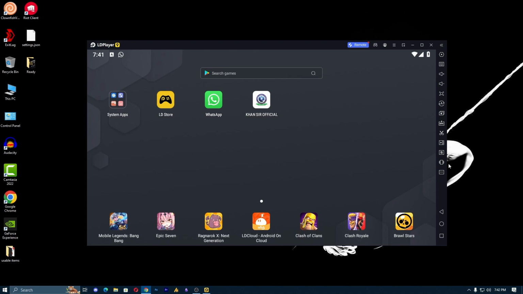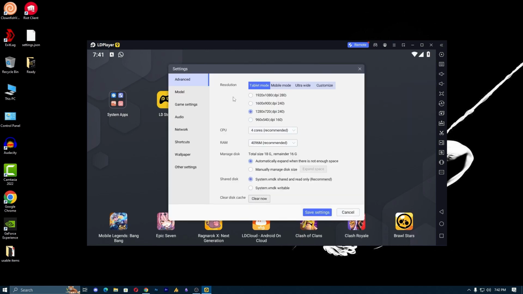So number one, allocate sufficient resources. Ensure that your emulator has enough resources allocated to it. This includes CPU cores, RAM and GPU resources. For that, just click here on the settings. If you are using any other emulator, the options still remain the same. So just go into the settings and make sure to select the CPU cores. The recommended is the maximum, and then the RAM at least 4 GB